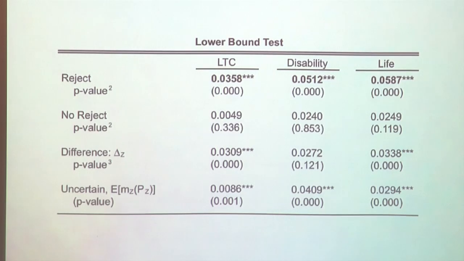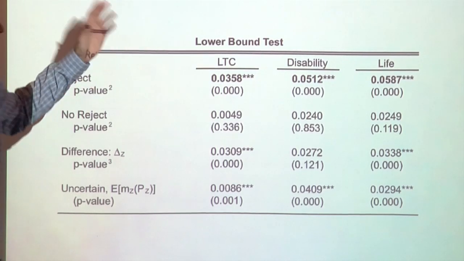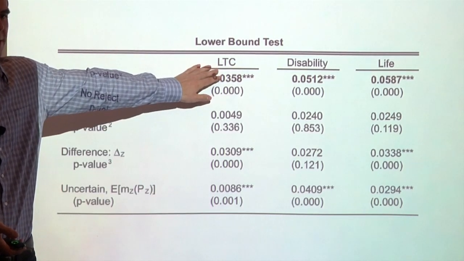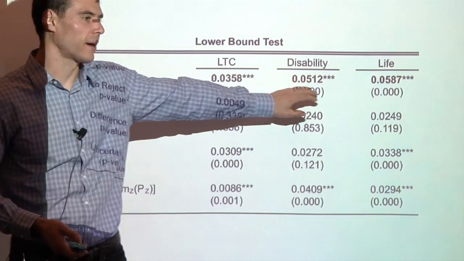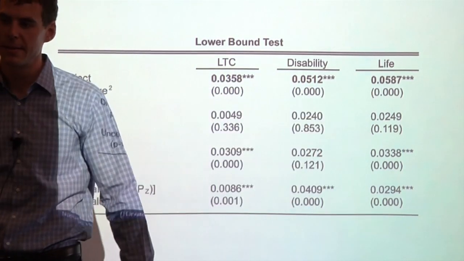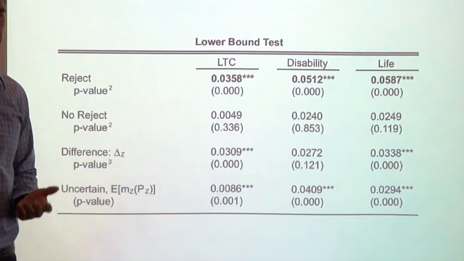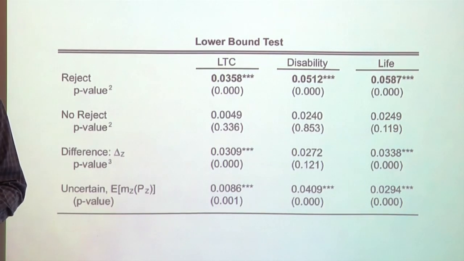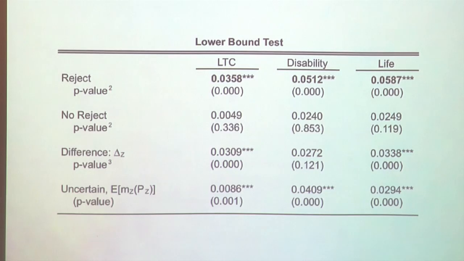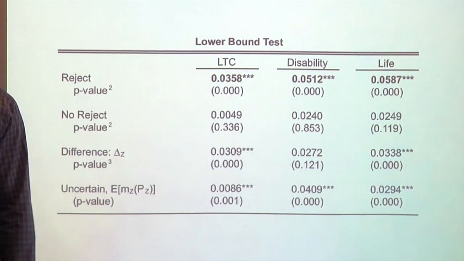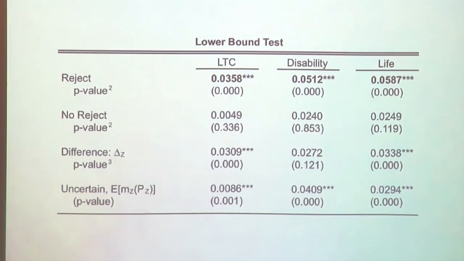So I think the thing to note is that in the 3 markets considered in the paper, long-term care insurance markets, disability insurance markets, and life insurance policies, the result suggests that there's private information held by those who are unable to purchase insurance in all three of these markets, but smaller amounts of private information held by those who are able to purchase insurance in these markets. Yeah. What's that outcome variable?